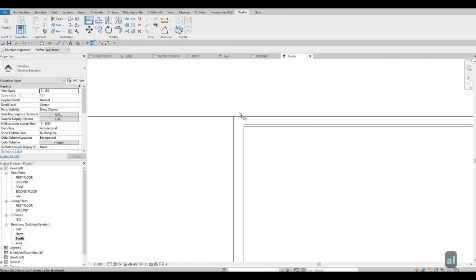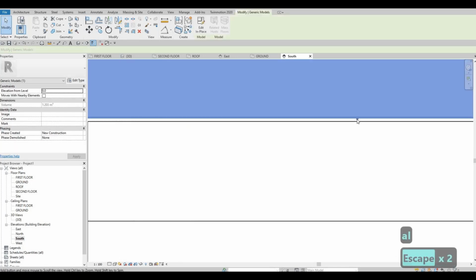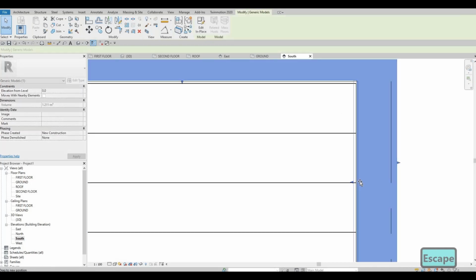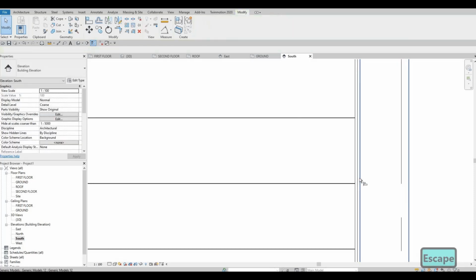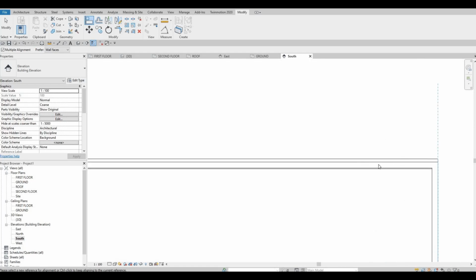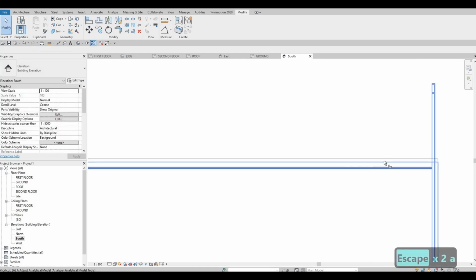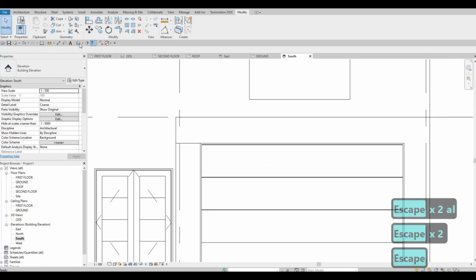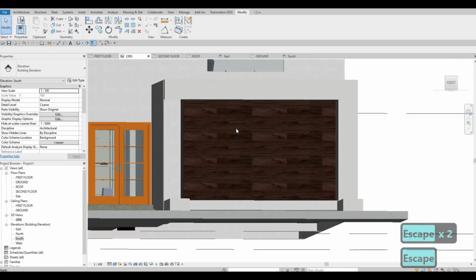So I don't want the trim to be missing. That's why I want to put it up. And at the same time here as well on this side. So let me try and align this, and then here as well align it from the top here. So now if we see it,